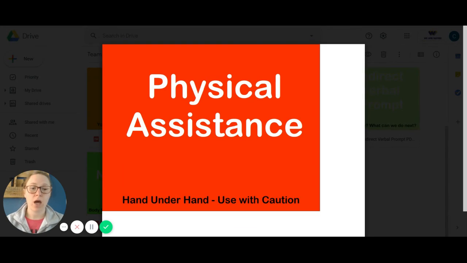And no, it says use with caution, because it's super important to figure out if your student is not responding or they're not communicating because they don't want to, versus if they're not communicating because they don't know how to. If it's a matter of they don't know how, absolutely it's appropriate to help them out with that. But if it's a matter of they don't want to, then maybe think about, what are the demands? What am I asking my student to communicate? And is it necessary for them to communicate in the way that I want them to right now? So those are the